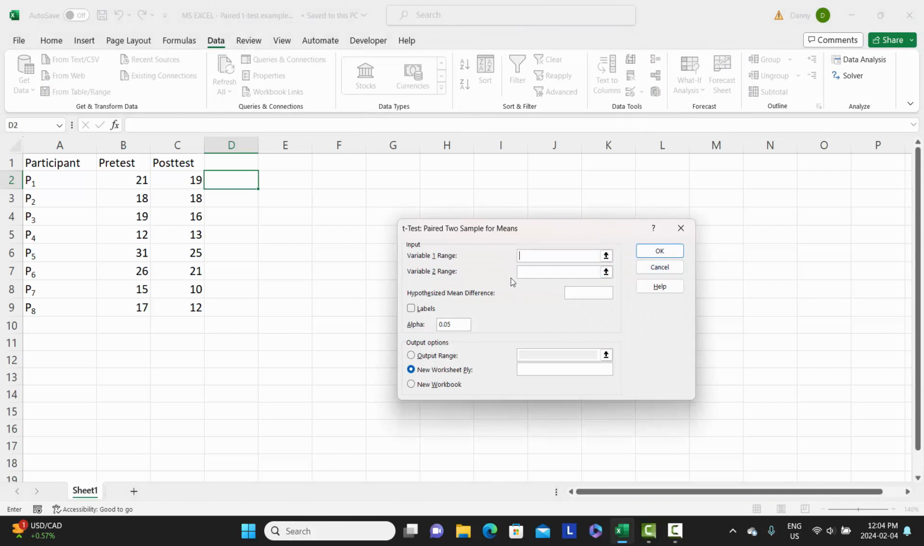I'm going to skip these first set of boxes for a second, and I'm going to look for a small box that I can check called labels, and this will allow me to carry forward how I labeled each variable, or in this case each column. So the first bar here for variable 1 range is where I'm going to put the array of cells that contain the pretest, and I'm just going to highlight